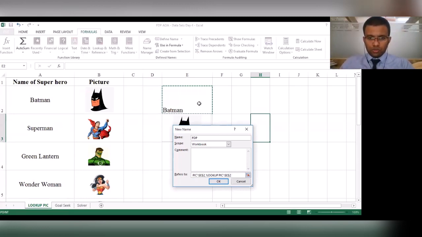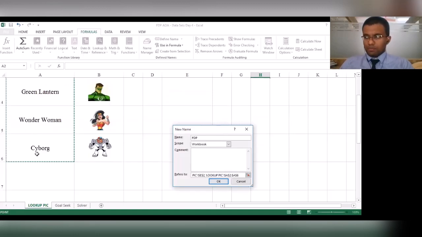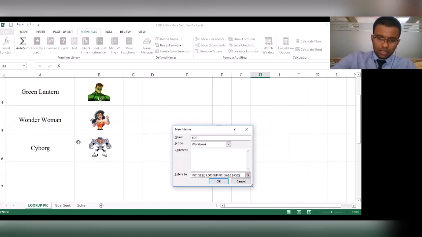So the name I'm going to select from E2, comma. Now my name array is over here, an array of A2 to A6, close bracket. We have to close two brackets and then say okay.